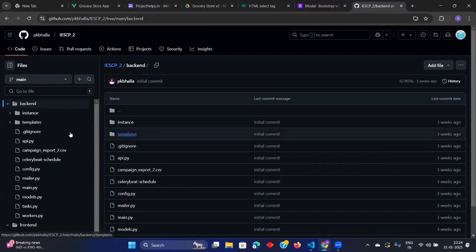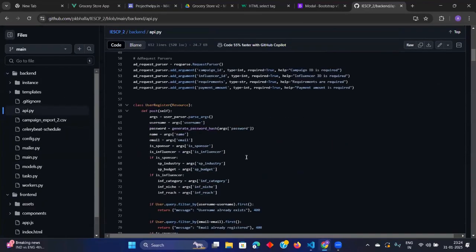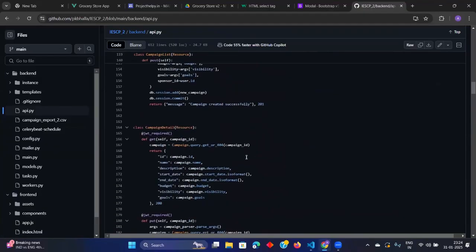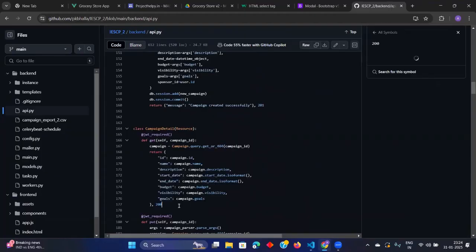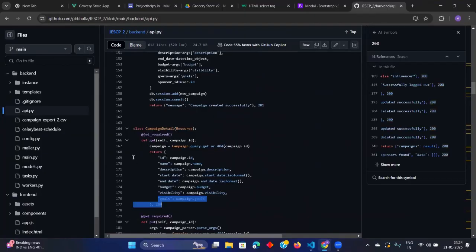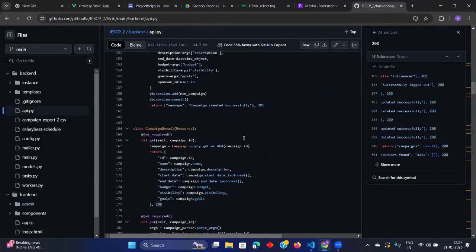So if I go to our Postman API, I have used some other way, but I have used the same thing also. For a particular campaign, you see campaign detail. I have created campaign detail. It will give me all the details for a particular campaign ID. Correct. This thing you need to define. This will help you in every page when you are getting a particular campaign's details also.